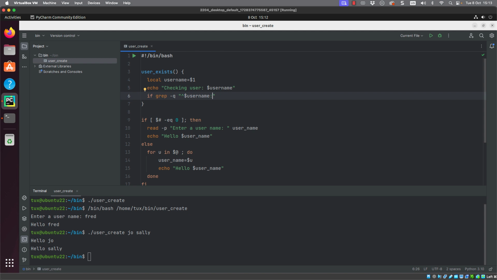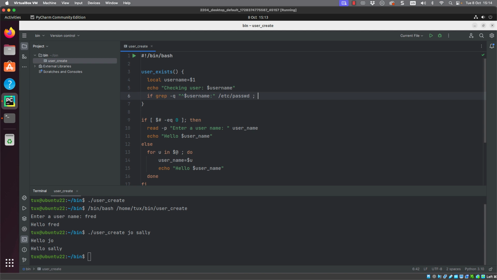This then is looking at the structure of our passwd file, where the first field is going to be the username and the field delimiters are the colon. And of course then we reference our /etc/passwd file. Now if that succeeds, the user exists. The command itself is going to return a success back to bash. We can check for that, and that is what we're doing with the if statement.